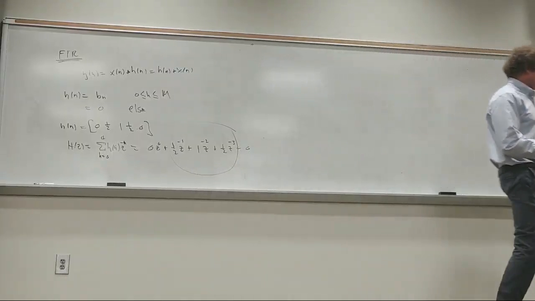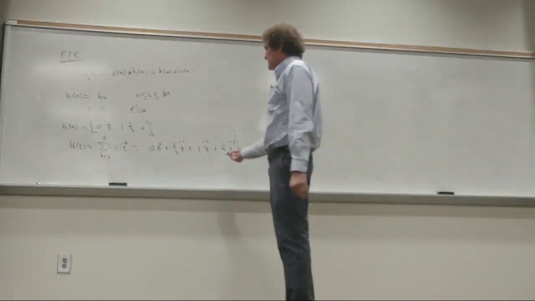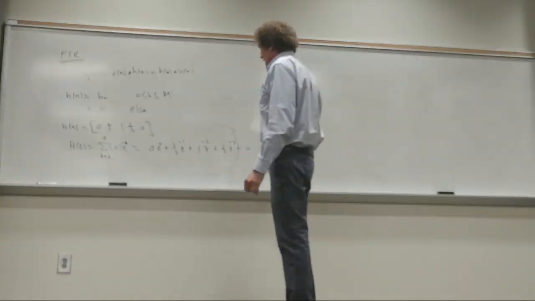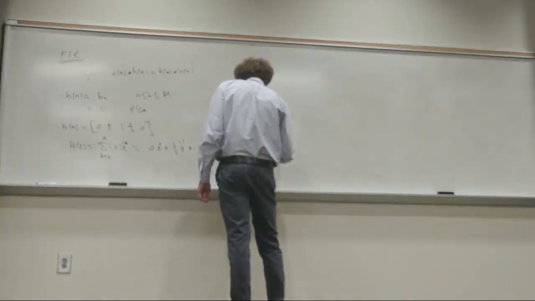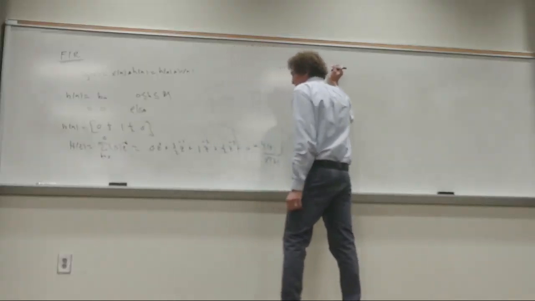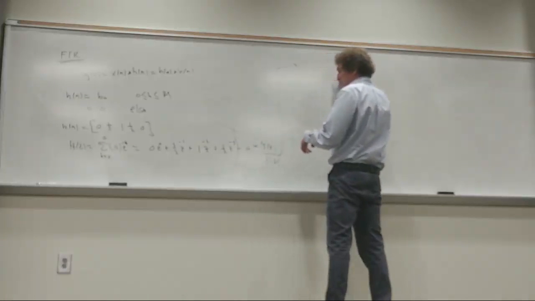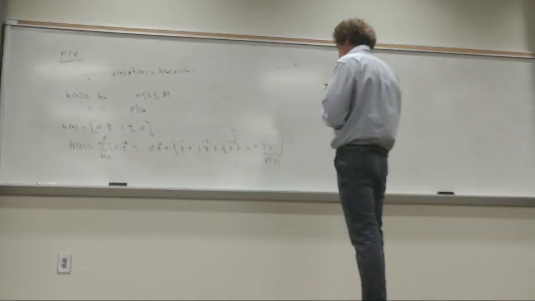Let me finish my thought on this one. So really, if that's the z transform, that is my h of z. I know h of z is equal to y of z over x of z, right? And now I can come up here and I can say that if I take this, if I wanted to do it, I could